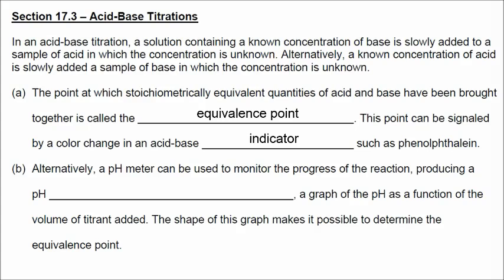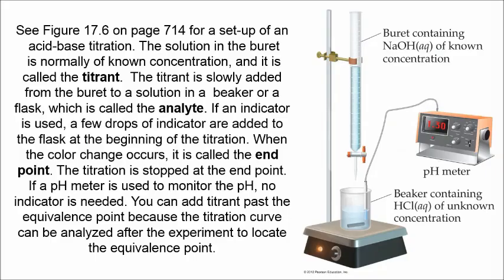You can also use a pH meter to monitor the progress of the reaction, and that'll produce a pH titration curve. So in this setup, you might, for example, have a burette containing sodium hydroxide of known concentration. You might have a beaker containing hydrochloric acid of unknown concentration. The chemical that's in the burette is normally called the titrant. It's what you're slowly adding from the burette to a particular beaker or flask, and that solution is called the